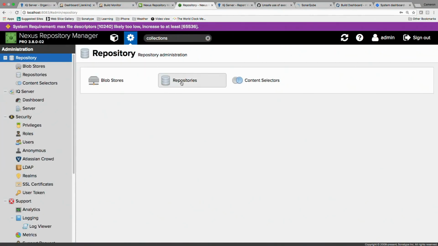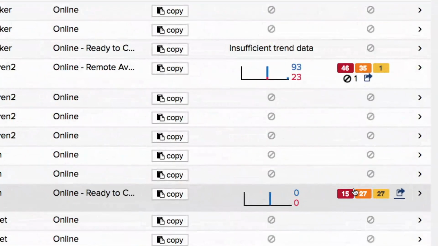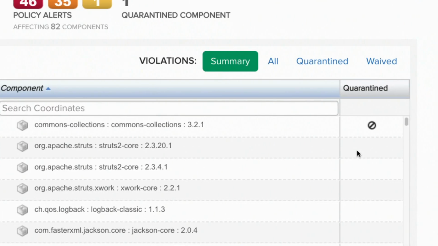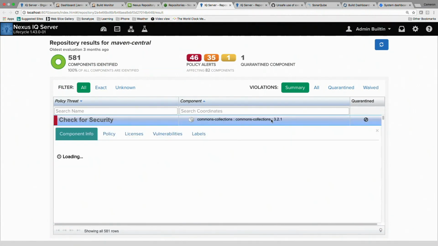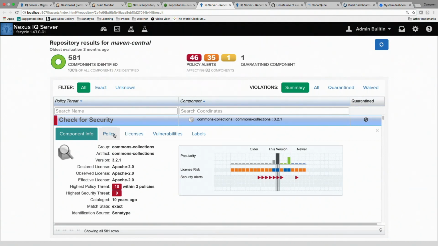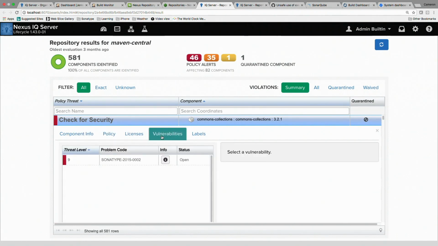Let's have a look at that. Okay. There's an icon there with a little circle and a cross through it, that tells you it's been quarantined, that's been blocked. Oh, I didn't know that. Why can't I download that library? Okay. It's actually Commons Collections. This is the quarantine icon. When I click on that, I can see my policy here has been breached, greater than or equal to 7. Oh, okay, what is that? Oh, okay. There's actually a level 9 CVE that has been registered against that component.